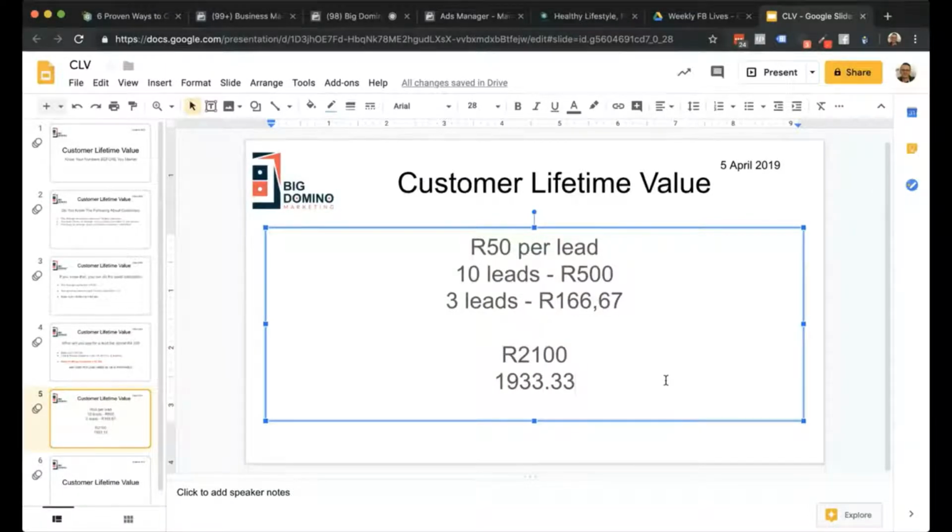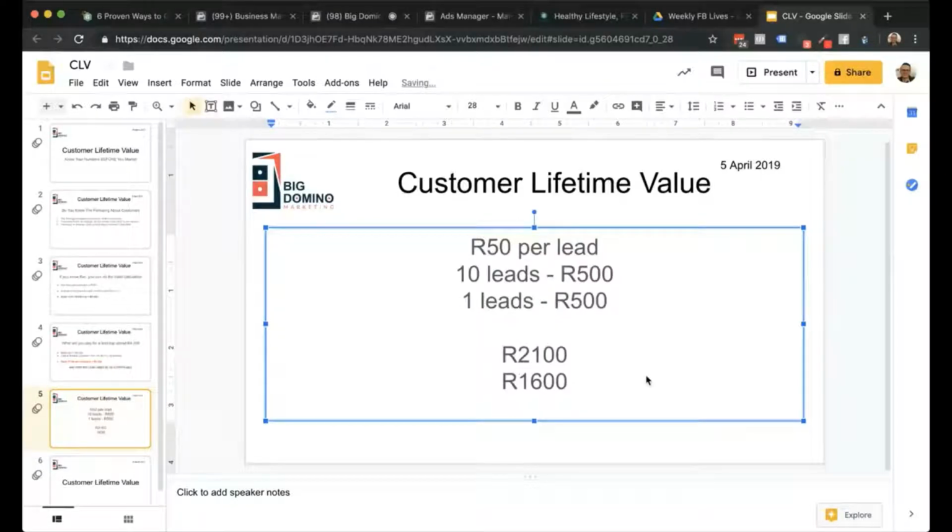And that is the power of social media. Even if you've got a very bad conversion rate and only 1 comes in, it means it costs you 500 Rand a lead. That's what you make per lead. At the end of the day, you'll still make a profit on that lead. And that is basically all I wanted to touch on today.